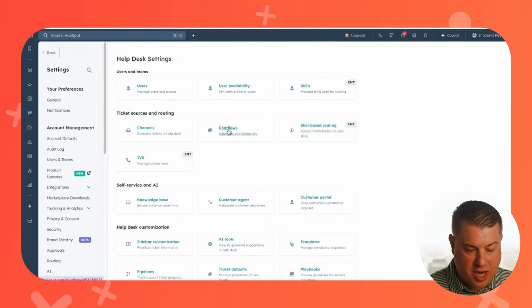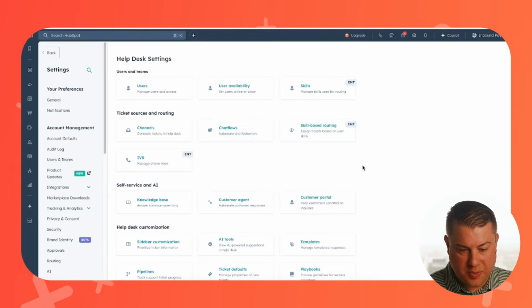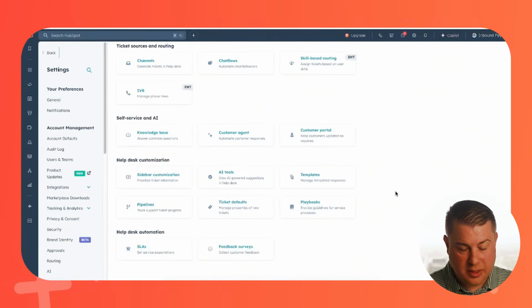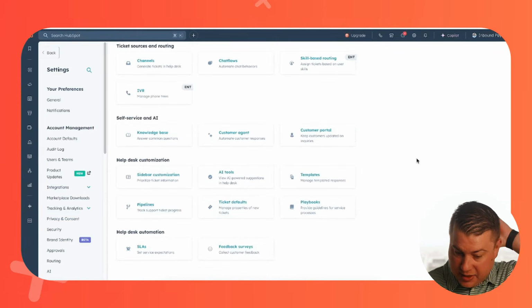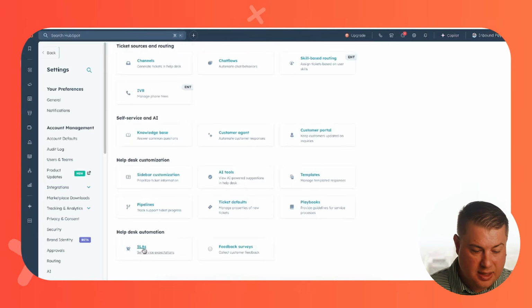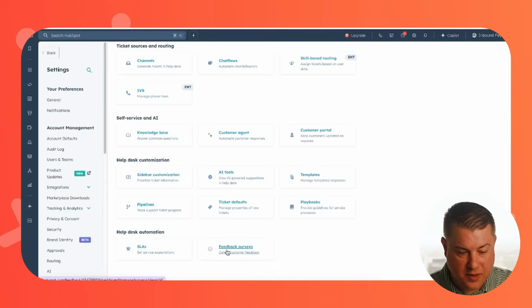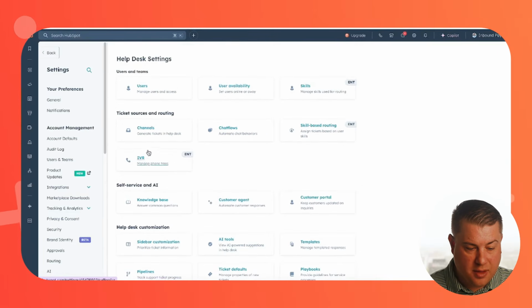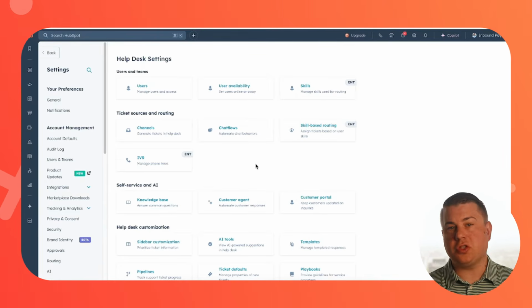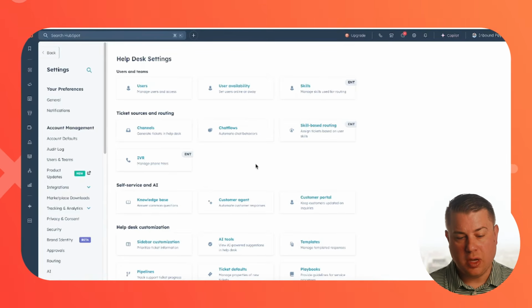We've already done one on chat flows. We've already done one on knowledge base. We've already done one on playbooks, and we've hit a couple of ticket pipelines. But you can see just by looking at this, SLAs you can implement. Feedback surveys, we've done one on feedback surveys. And now with the automated voice response with AI, there's just so many things that you can do to